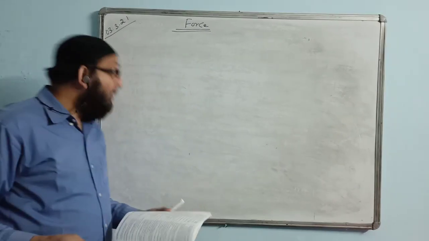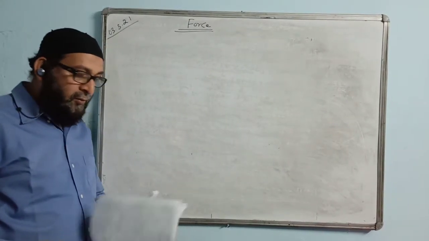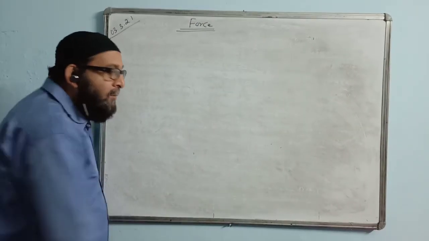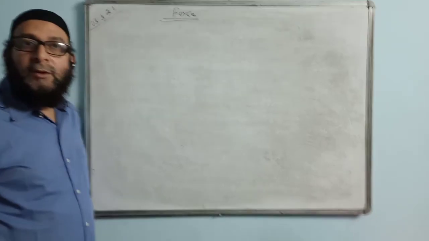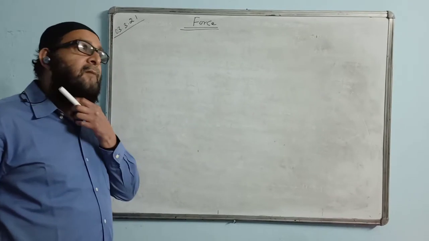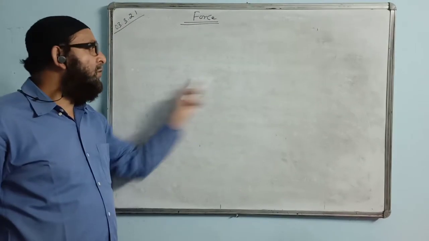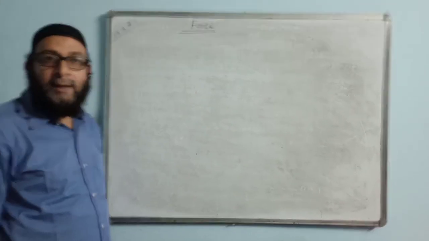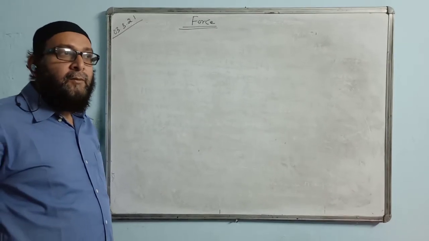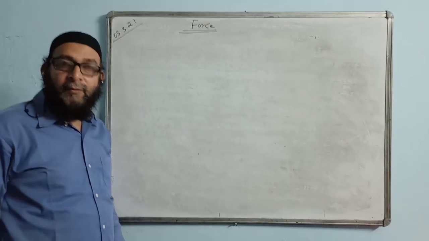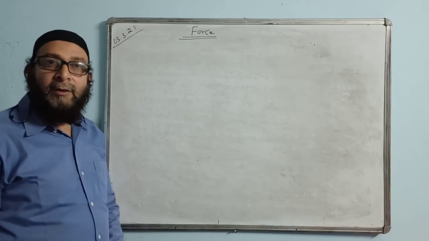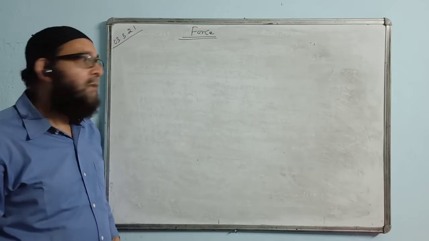Today we will be doing the numerical problems on the first chapter, chapter 4. The formula is very simple: moment of force, which is also called torque, is F into D. And if there is a couple, that is, two forces that are equal and opposite, not acting at the same point, they are called a couple. The formula for the moment of a couple is one of the forces into the perpendicular distance between them. So we'll use that formula.